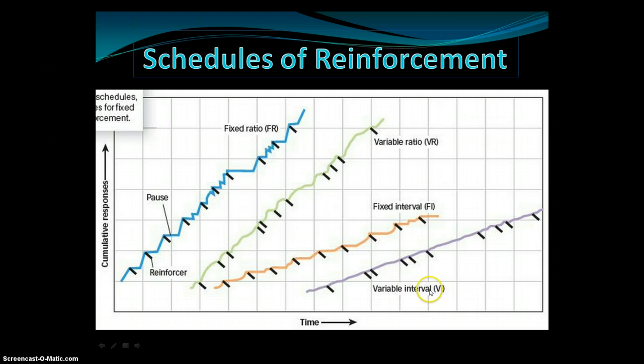An interval is just talking about time, so like a 5-minute interval. A ratio is talking about a number of times a behavior is performed. So this might be 7 presses on a lever in between reinforcements. So these black lines here are reinforcements, when you give the mouse its cheese. So a lever press and you give the mouse its cheese, then levers being pressed, you give the mouse a cheese